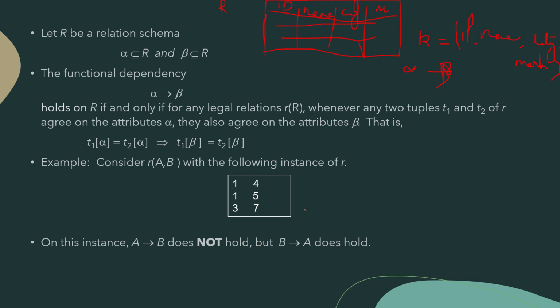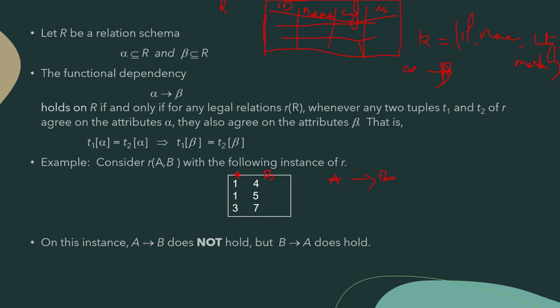So suppose you consider this example. This is a relation. Suppose A and B are the attributes of this. This is the value of A and this is the value of B. So let A and B be 2 attributes of our relation. Check whether we can write A implies B. Is it true or false? That is, for each value of A, if we can uniquely identify a corresponding value in B, then we can write A implies B. So if A is 1, the 2 values there are 4 and 5. If A is 3, then a unique value is there in B, that is 7.